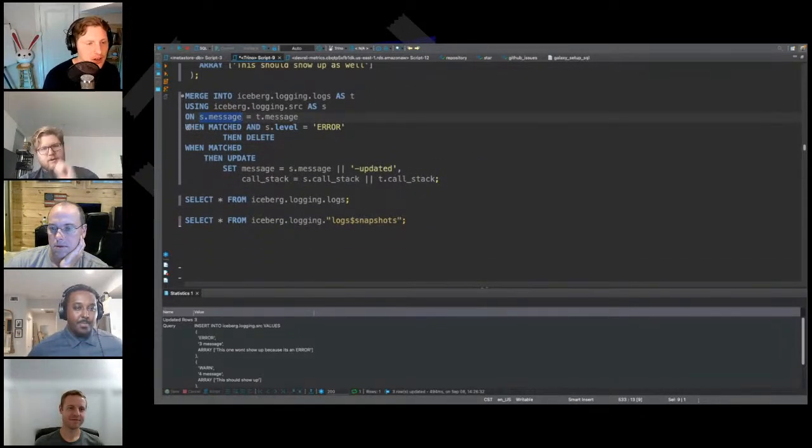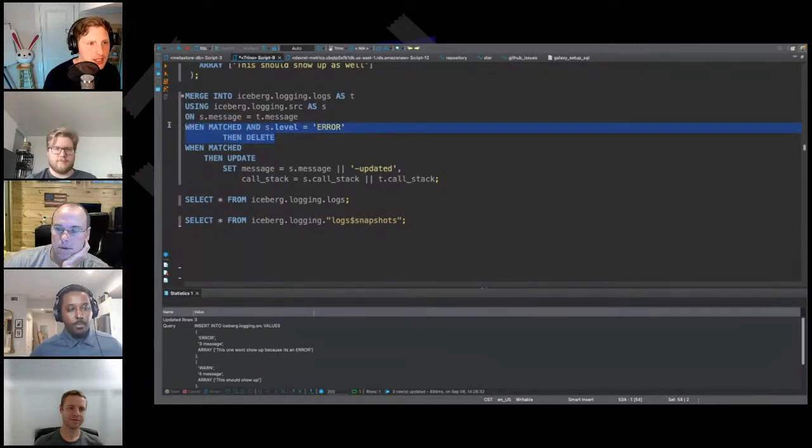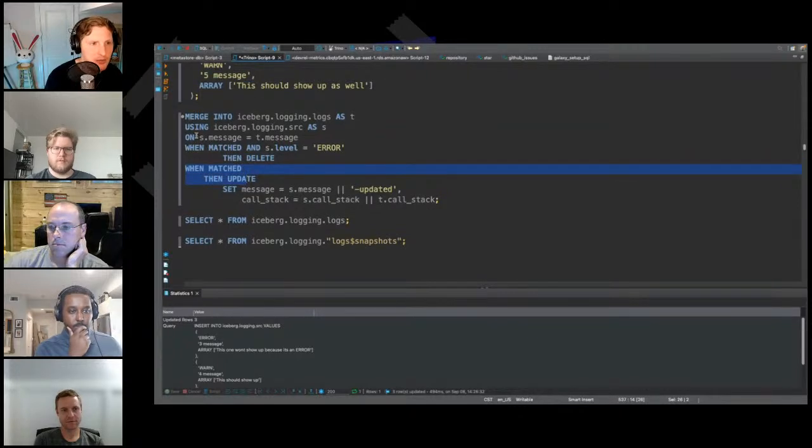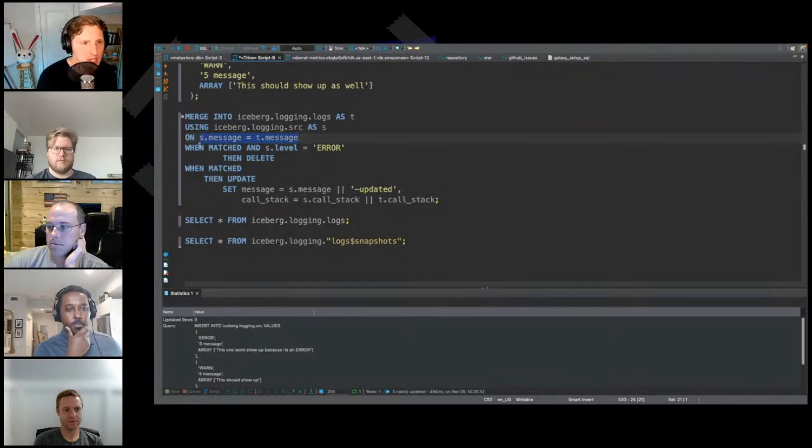And then here are going to be 2 different things that we're going to run. For these 3, whenever the source is level error, then we're going to go ahead and delete that row. When matched on this particular predicate, the message equals message, and the source is equal to error, we're going to delete that row.